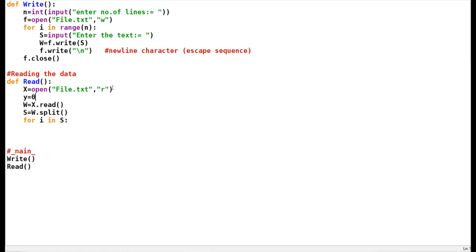I initialize it with 0. If I equal to "The" with T in uppercase or I equal to "the", it may happen your sentence may start with "The", so in that case T is capital, y plus equal to 1.